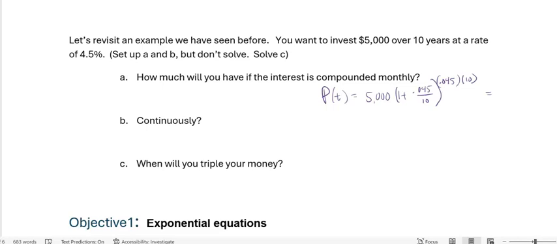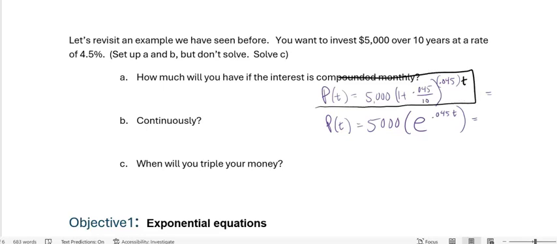If I want to do this continuously, I'd set this up, and I have a different formula, right? Compound continuous is e to the rt, so 0.045 times t. In this case, t is 10. And I could have done that with the last one. I could have first built the function of t. All right, so this is a function that with any time t, it'll tell me how much money I have if it's compounded